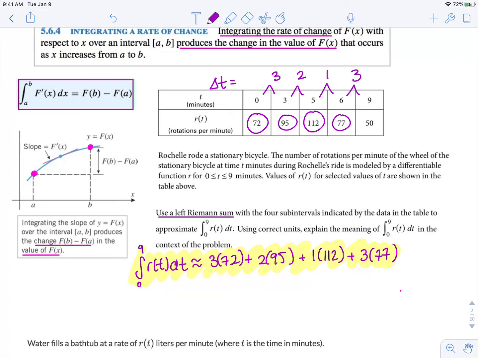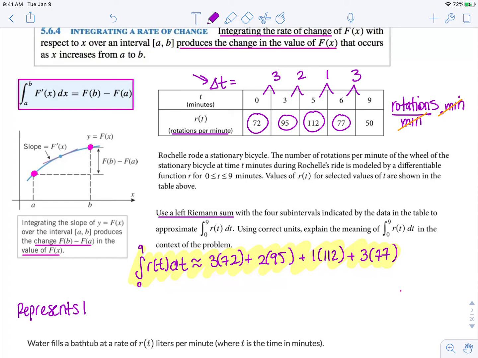So let's think about this. R of t is in rotations per minute. So when you do this definite integral, you're taking rotations per minute for the height of each rectangle, and then you're multiplying by the base, delta t, which is a change in minutes. So if you're taking rotations per minute and multiplying by minutes, those minutes are going to cancel out and just leave rotations. So we can say this represents